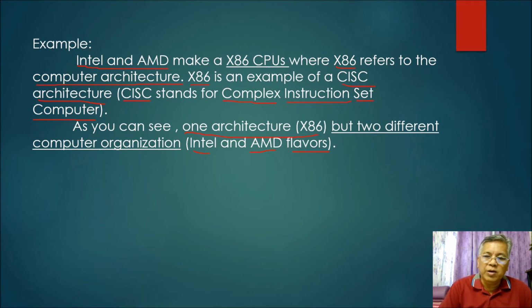In the same way, if you have an octa-core, that means you have 8 processors inside a central processing unit. If it is made by Intel Corporation, that means these 8 processors are interconnected differently from the octa-core processor or CPU developed by AMD. So the interconnections are different, but each of the processors of Intel and AMD uses x86 architecture.